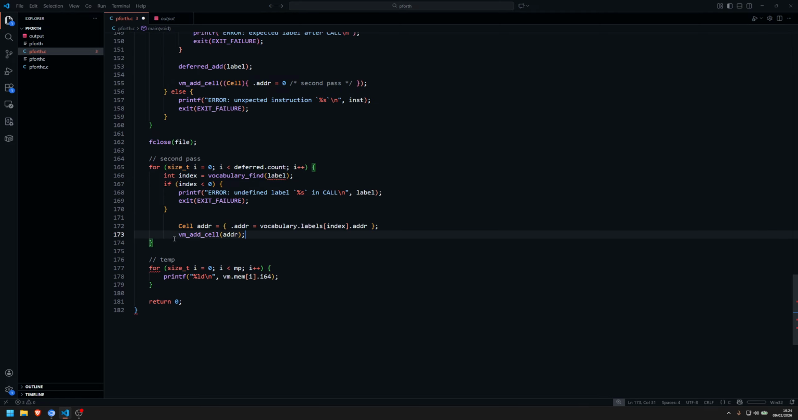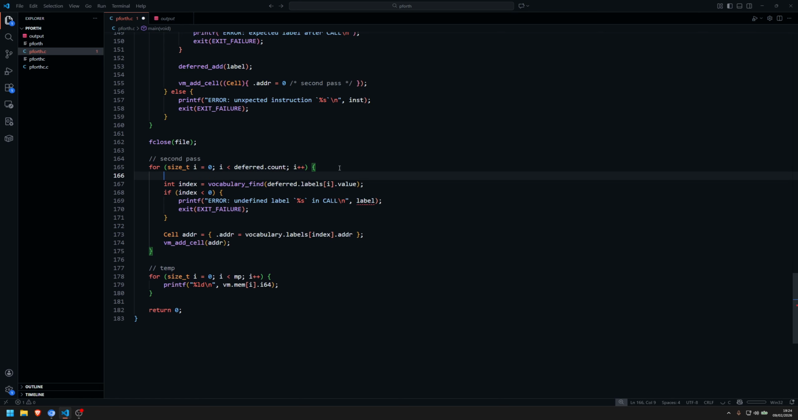None of this. I just need to get the label from deferred.labels I, right? Dot value, sorry. So this is going to find the index, and here we can check if the label actually exists. I can say this is called char label. I can extract it so I can report it in the error,